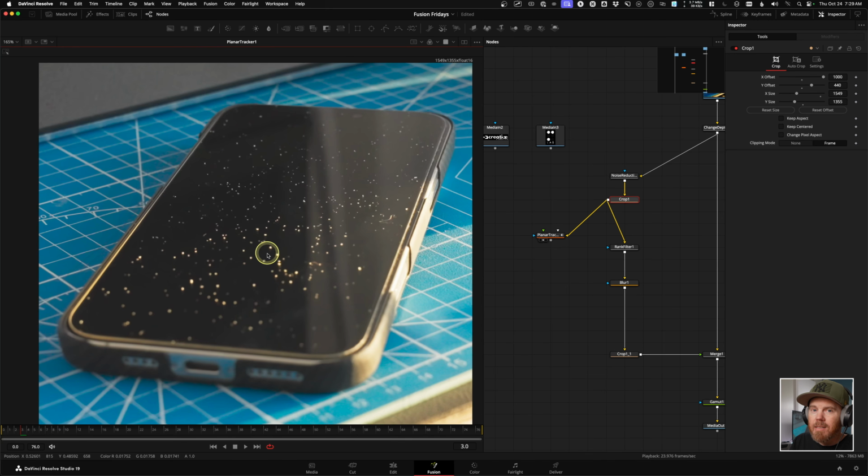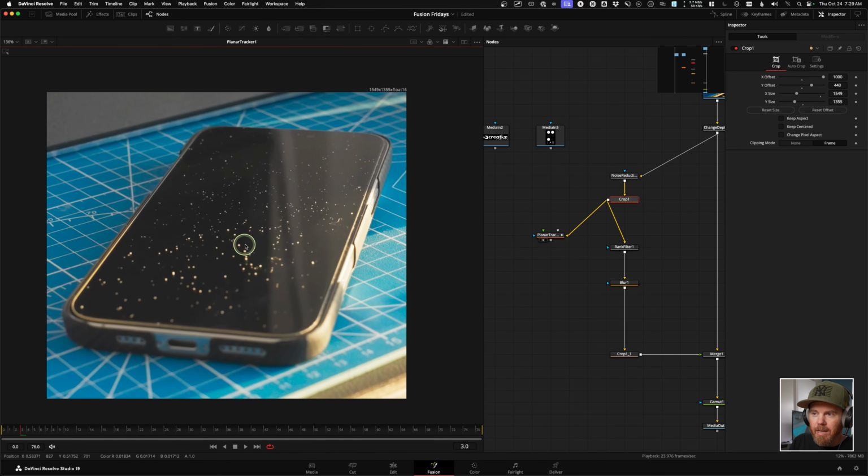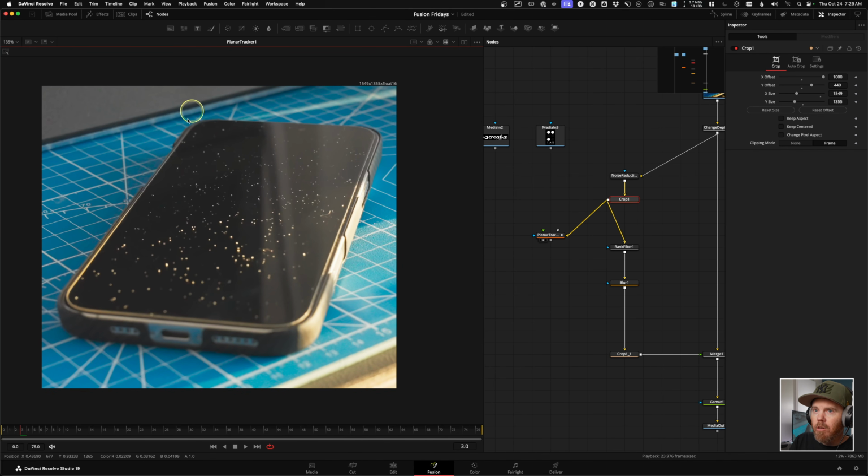So even on this, the iPhone 16 Pro Max or whatever, which has almost no bezels on the edges, just shoot it with the phone off unless it needs to be a light source. And if that's the case, maybe shoot it with a solid gray background color or something like that to have it emitting more light. But now that we've got the planar tracker loaded over here, let me show you how